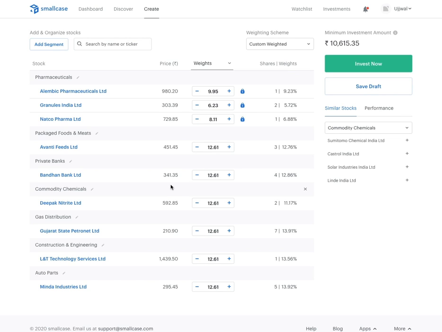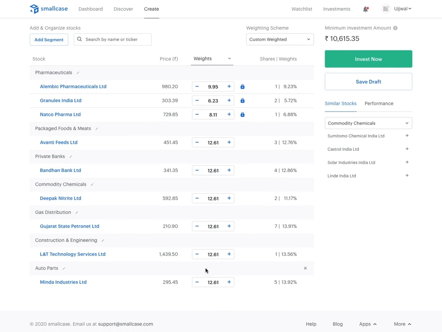Because let's say if I change the weight for a stock which has a higher price, the weights change in a certain ratio. I think I locked these. And my minimum investment amount changes such that obviously you can't buy fractional stocks.